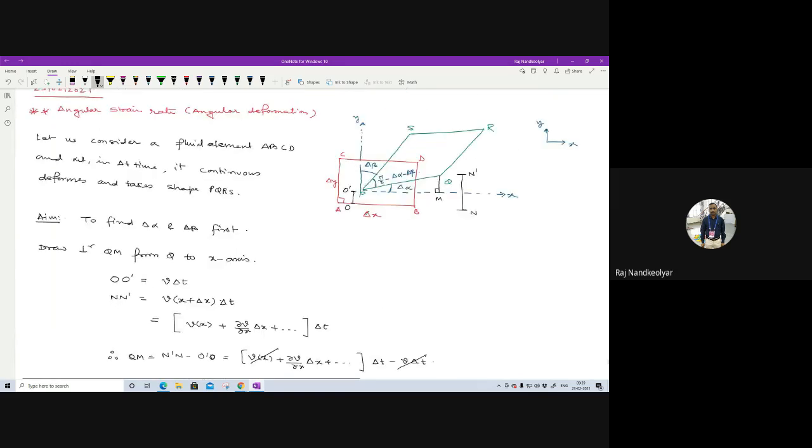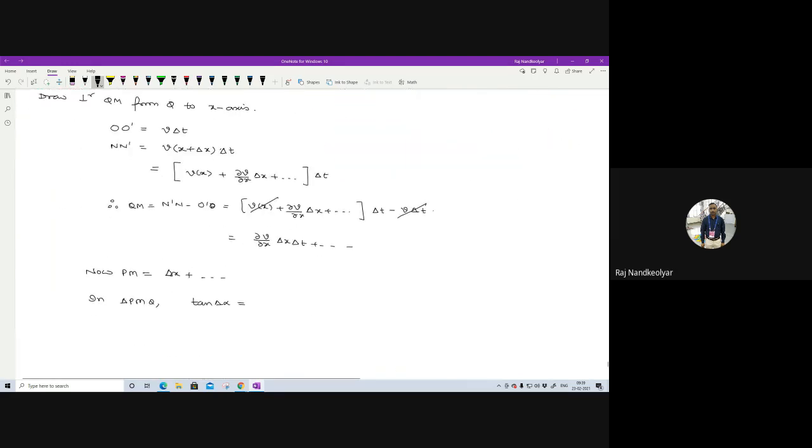Tan of delta alpha is equal to QM upon PM. That is del V by del X delta X, delta T plus and so on, upon delta X plus and so on. Now, let us assume that we are taking